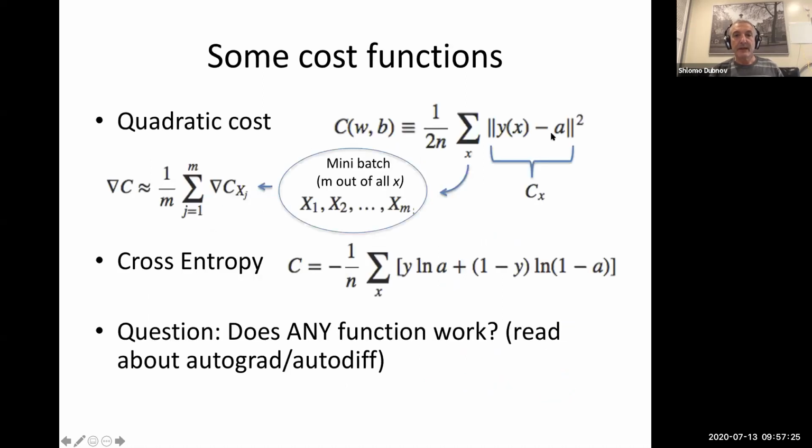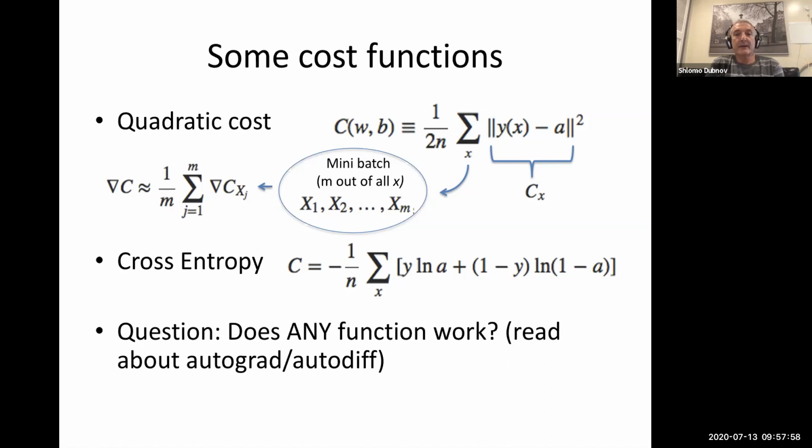Cost functions. If we use a quadratic cost function, we can calculate on a mini batch, on some subset of M samples, and update. That update will be each one of these errors, and each error will basically be just the derivative. It will be 2 times, and we can divide by 2, the difference between y and a. Another